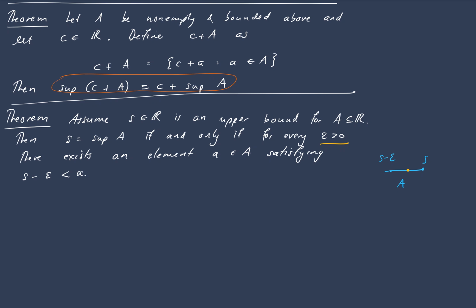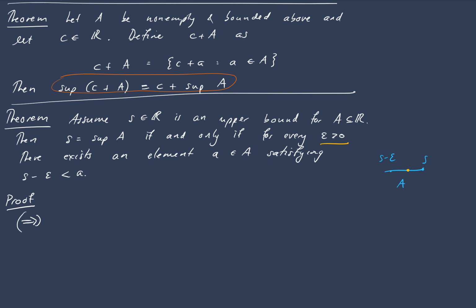Okay, so let's just double check, just to very quickly prove this thing. Now it's an if and only if proof, which is why I'm saying it's an alternative characterization of the supremum. So we need to prove both ways. So first off, we'll prove this direction,